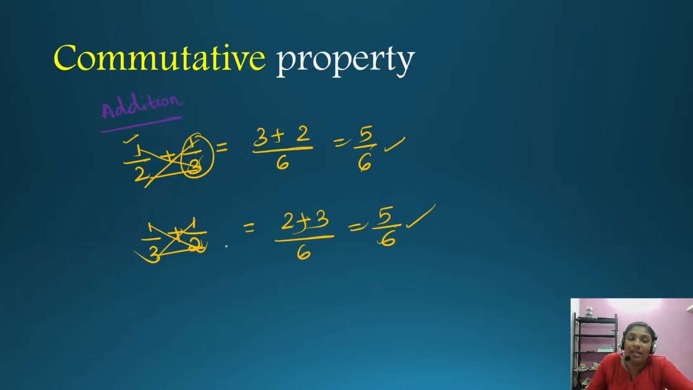So in whichever order we add two rational numbers, we will always get the same sum. So what we can say from here is that addition of rational numbers satisfies the commutative property. How can we generalize this? For every rational number A and B, A plus B is equal to B plus A. Now let's see this in